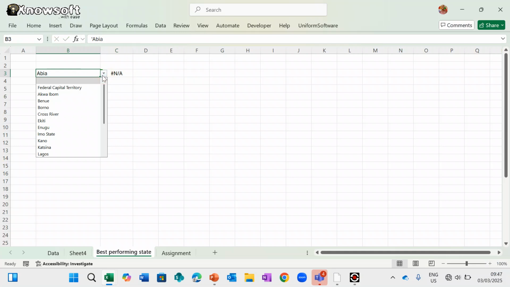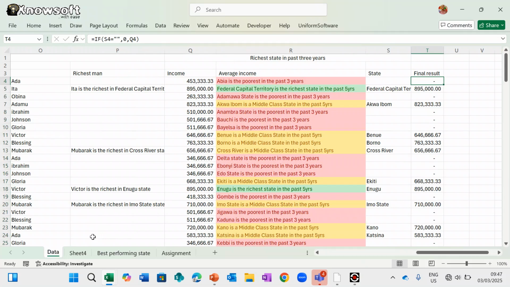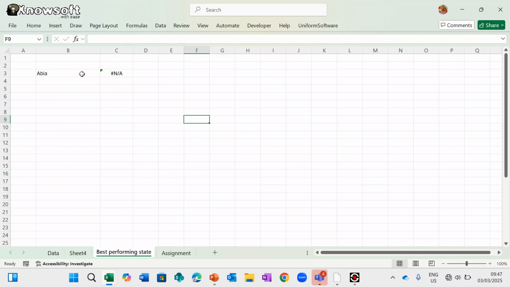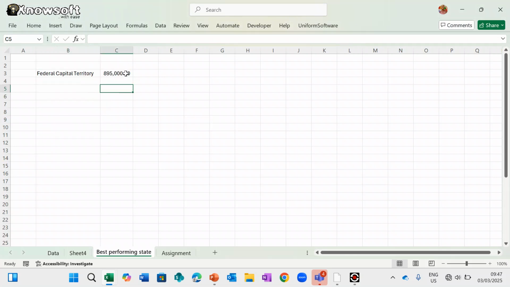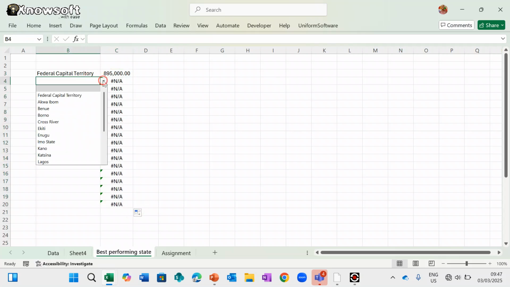Choose it. So Abia is not even there, that's why. So what we have before is correct. Abia is not counted as part of the state. So again, right? We've absoluted this, so I will just drag it and then bring in other states,